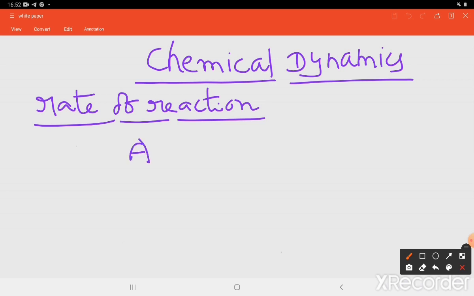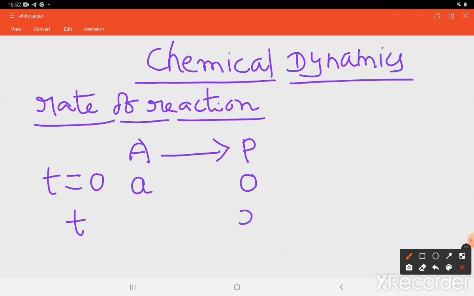A reactant gives rise to product. When time is 0, that means when the reactant is about to start the reaction, let concentration of reactant be a and concentration of product will be 0. At t time, product will be formed, its concentration will be x, and the remaining concentration of reactant will be a minus x. Now we can define rate as dx by dt is equal to